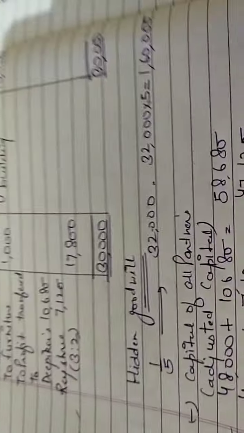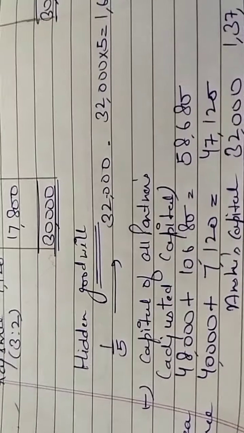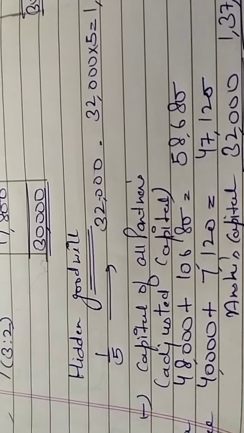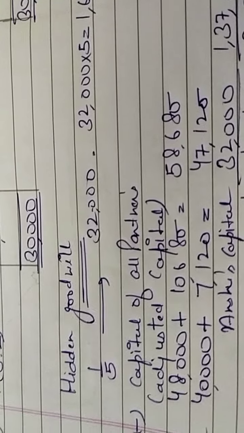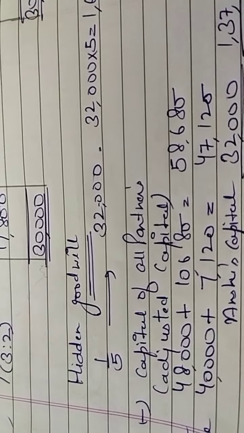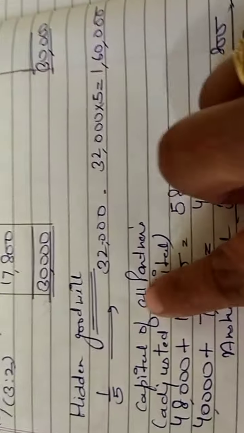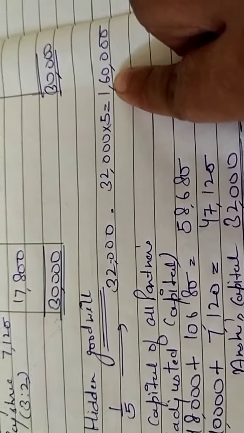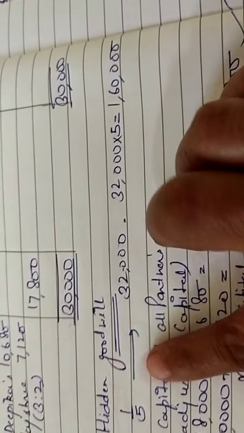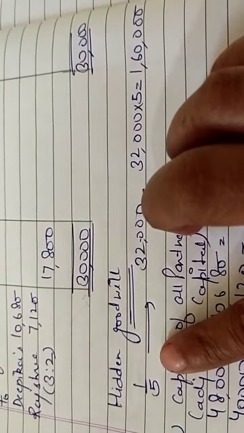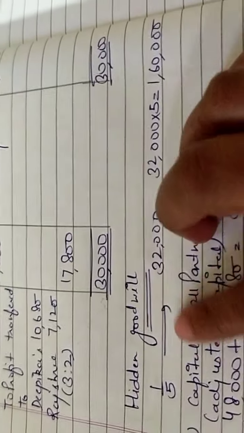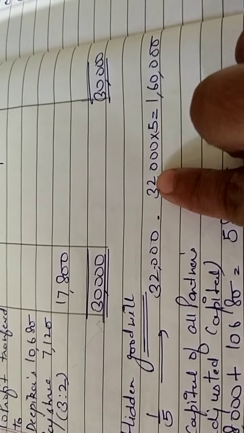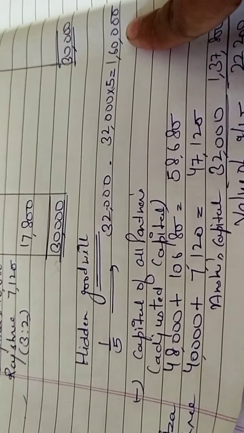अभी क्या कैलकुलेट करना है हमें? हिडन गुडविल कैलकुलेट करना है. मैंने हिडन गुडविल के लिए आपको बताया था, जितने शेयर के लिए न्यू पार्टनर आ रहा है, 1/5 शेयर के लिए न्यू पार्टनर आ रहा है. फॉर दैट शी इज़ कॉन्ट्रीब्यूटिंग 32,000. It means for the whole capital of the firm, she can contribute 1,60,000 by reciprocating the 1/5. By reciprocal, the 1/5 is equal to 5/1 multiplied by 32,000 equals 1,60,000.